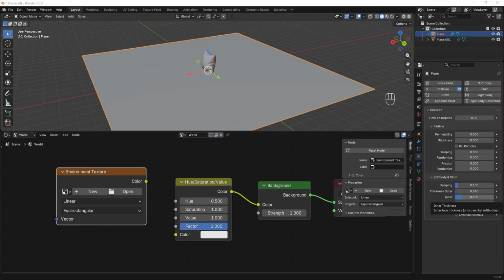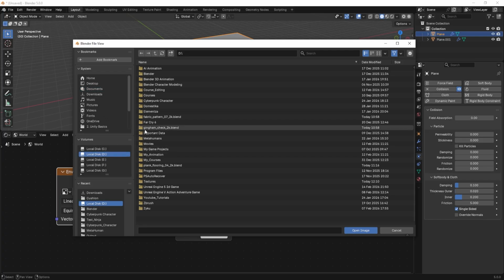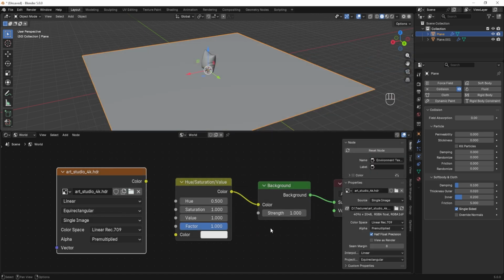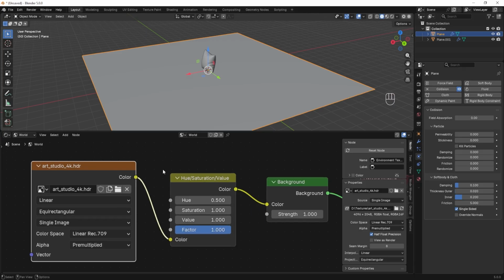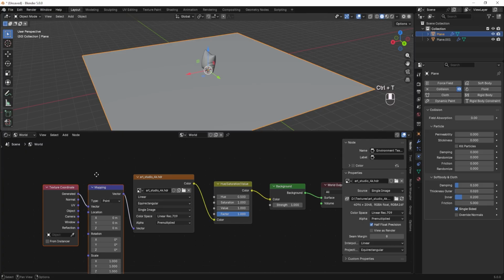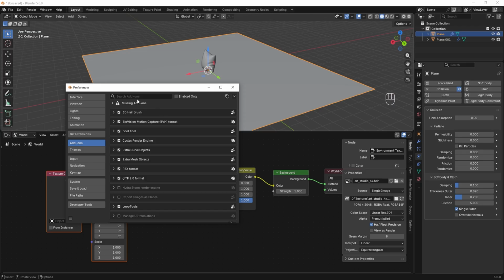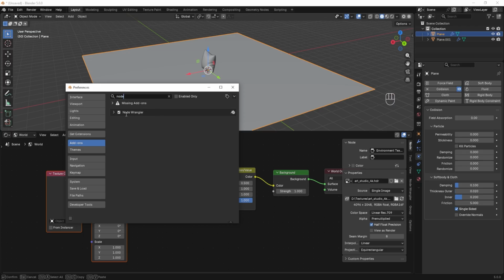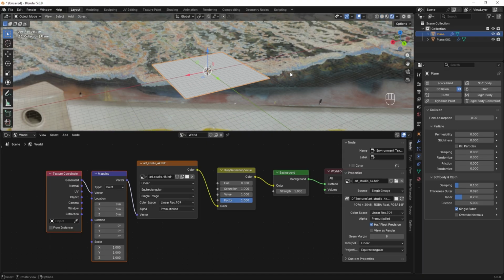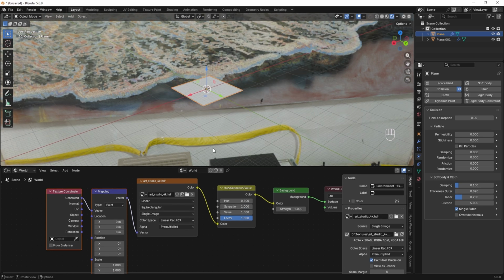Now just bring it in, select Open, and from here go to my folder and search for the texture, select the HDR light and connect this one. Select this one and press Ctrl T to add the node. Make sure your Node Wrangler add-on is on. If you search for Node Wrangler, make sure this add-on is on. Now go to render mode, and you can see our lighting is just